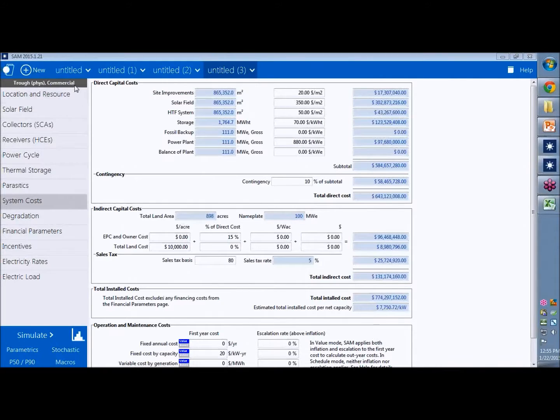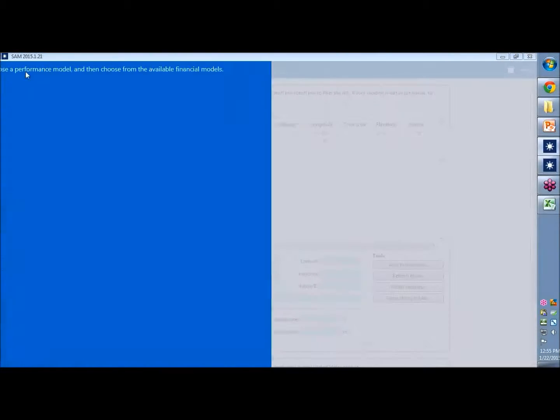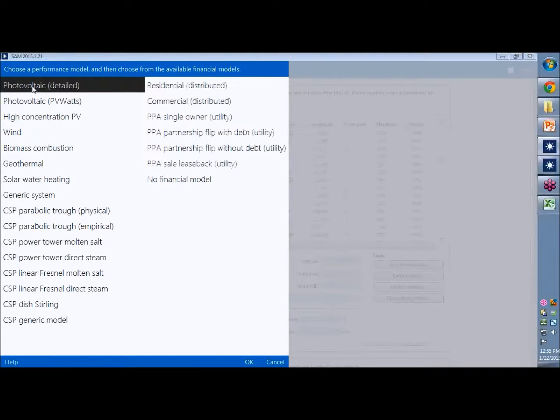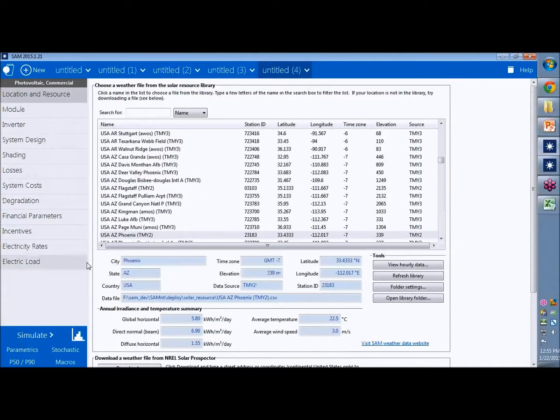Okay. So I don't think I want to put a parabolic trough system in Boston. So let me create a new case. And let's say we're going to put a PV system on a commercial building in Boston. So I choose the photovoltaic model, commercial,